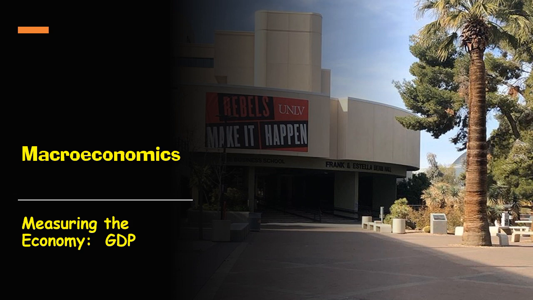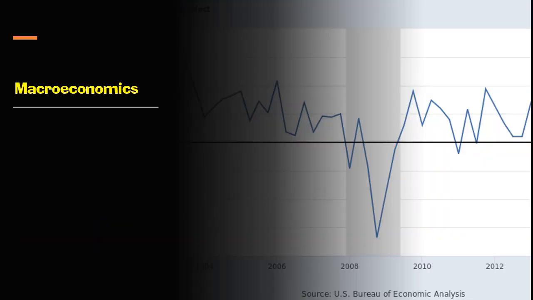So we have a whole bunch of ways of measuring the economy. The most basic of this is something called GDP, gross domestic product. And that's our topic. Macroeconomics. Really everything we've done up to this point is kind of generic economics. And this chapter is where we split off from what you would learn in a 102 class and give you what you need to learn in a macroeconomics class.